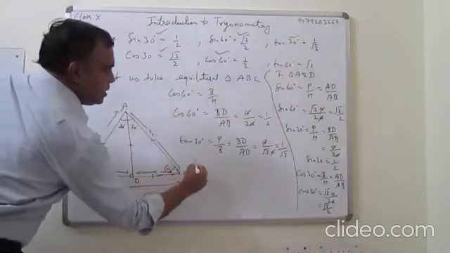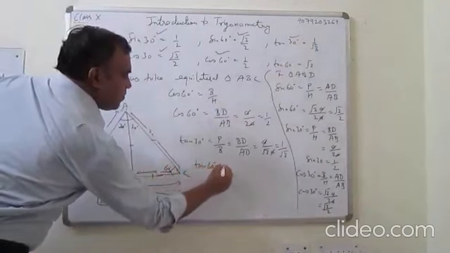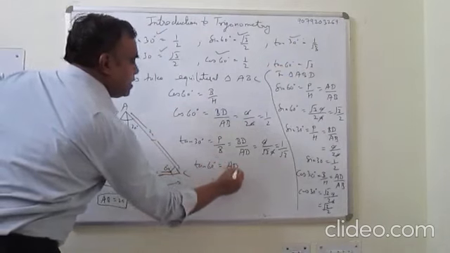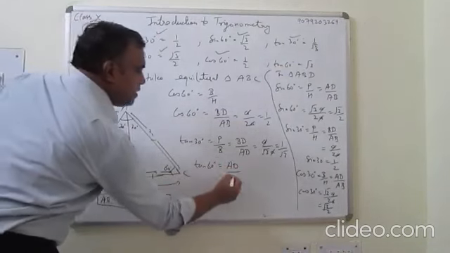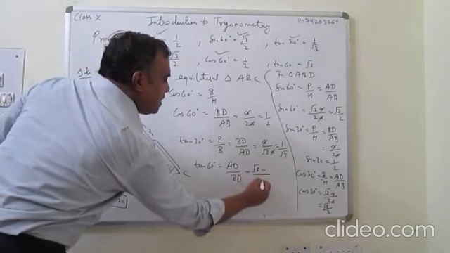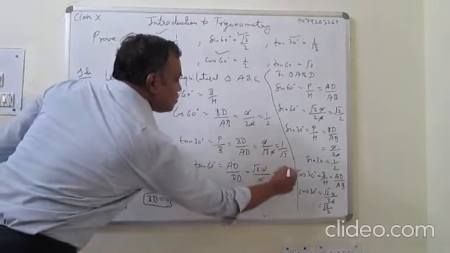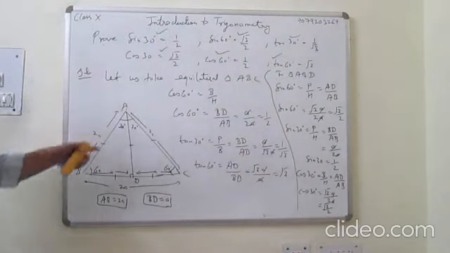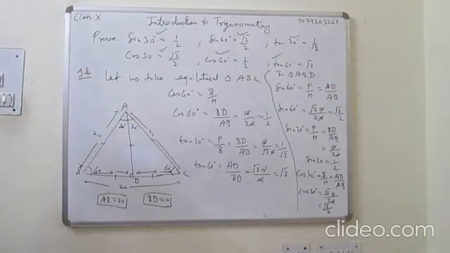Now tan 60. Now in tan 60 the perpendicular is changed. In tan 60 the perpendicular is AD and base is BD. Now putting the values, AD is root 3A and BD is A. Cancel out, it is root 3. This you can prove. So I have proved the ratios of 30 and 60 degrees.